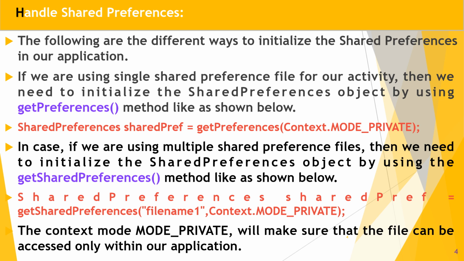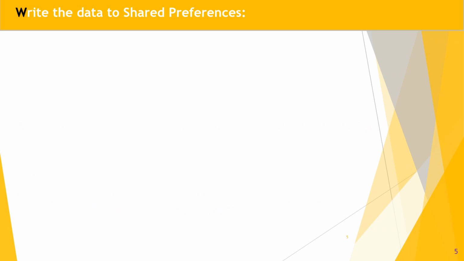So shared preferences are secure because we can only access the key-value pairs within our own app, not from another app. Guys, hope you understand how to create the objects of shared preferences by using the getPreferences or getSharedPreferences method, because both methods return the object of the SharedPreferences class. So what does the getPreferences method return? It returns a SharedPreferences object. Great guys, let's move to the next part.